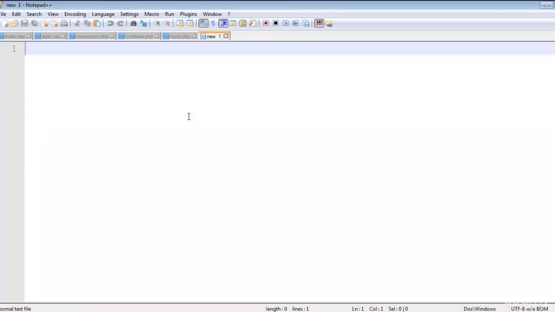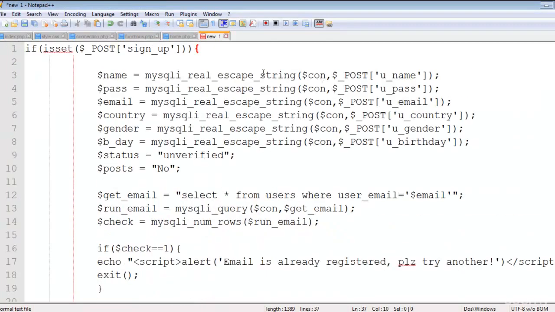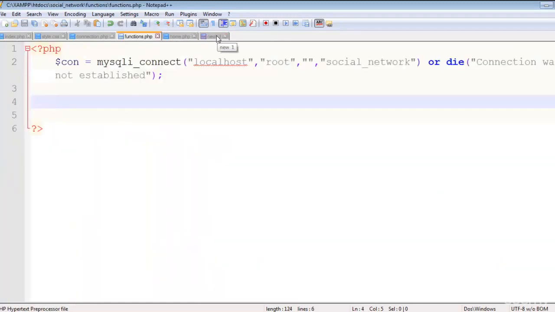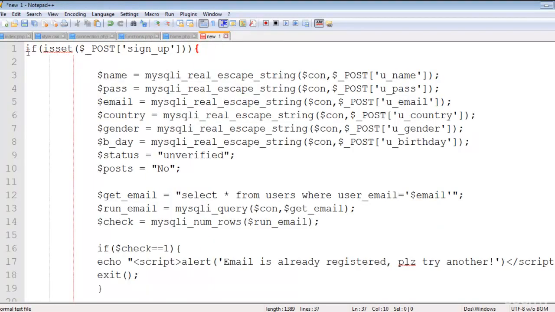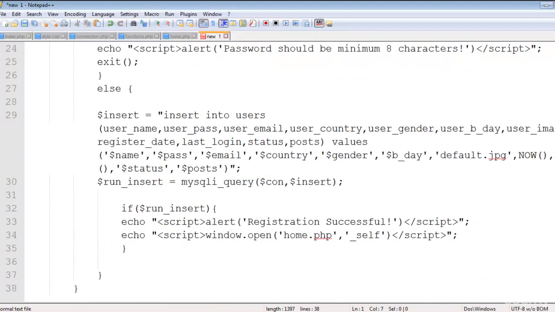But I will create a new page and paste the code that I just cut from functions.php here, just to keep things clear. So this is a PHP page